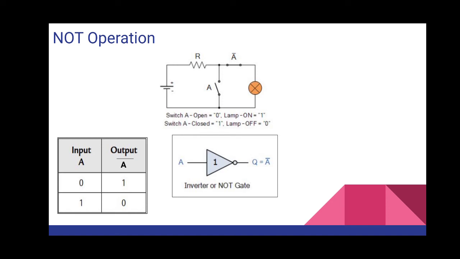Even if you don't understand the circuit above, because it is slightly more difficult compared to the previous one, even if you don't understand the bulb concept here, simply whatever input is given, it will simply give the opposite output. That is all for the NOT operation, right? I hope these logical operators are clear. So let us move to the next slide.